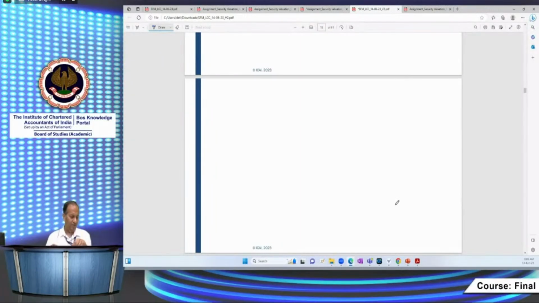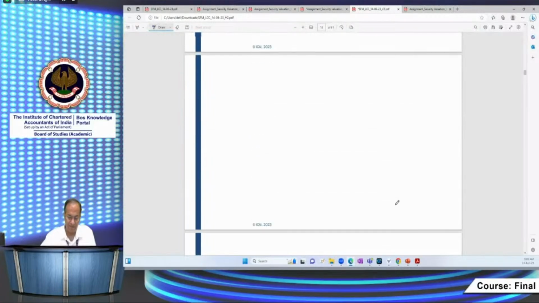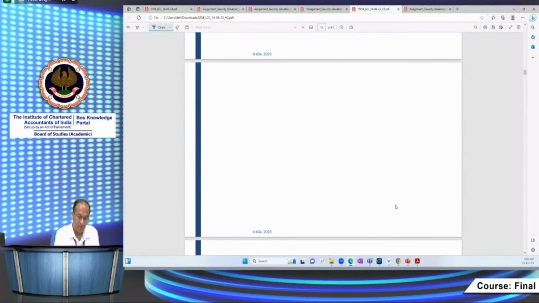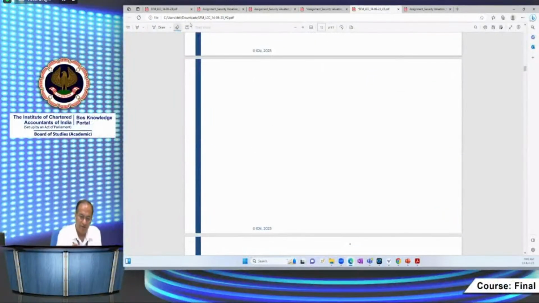So when we talk about money market instruments, the one thing that comes to mind is government securities. Okay, let me take this to another slide. One second. When we talk about government securities,